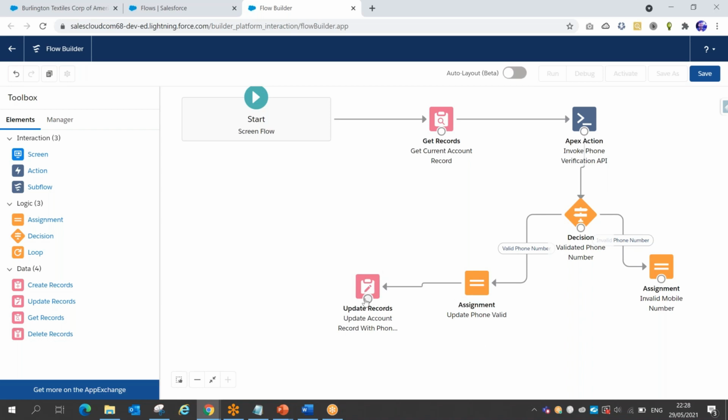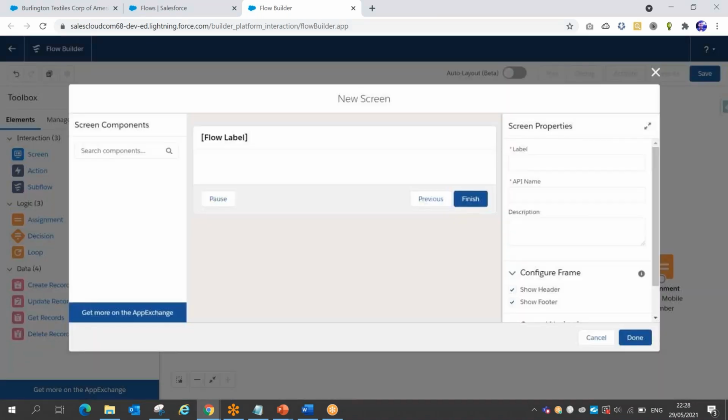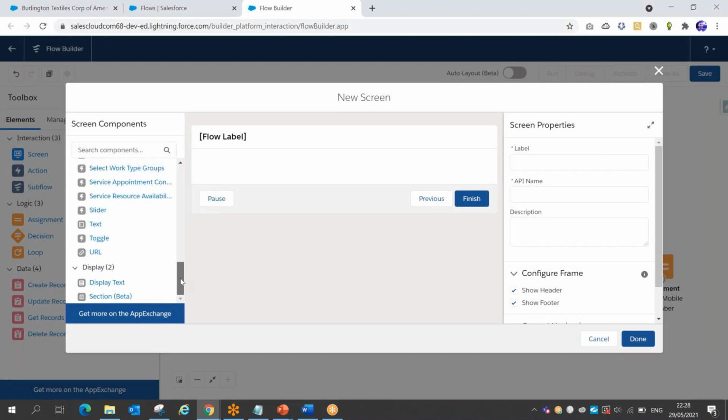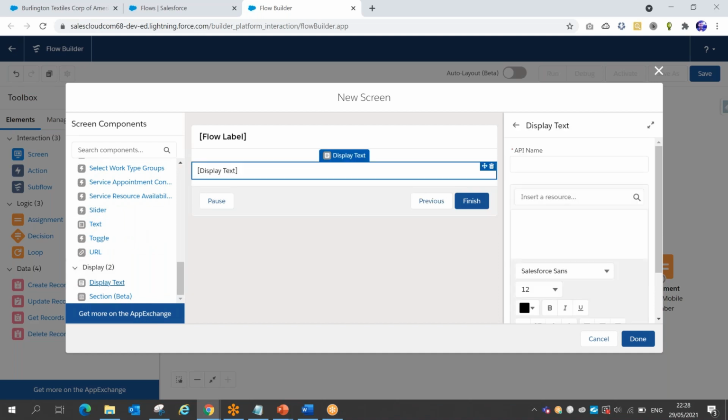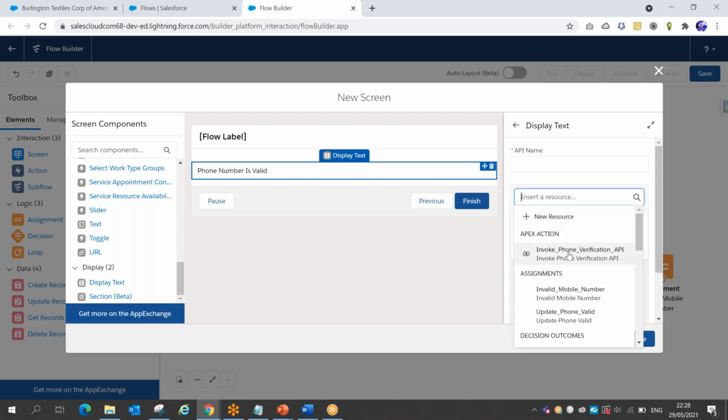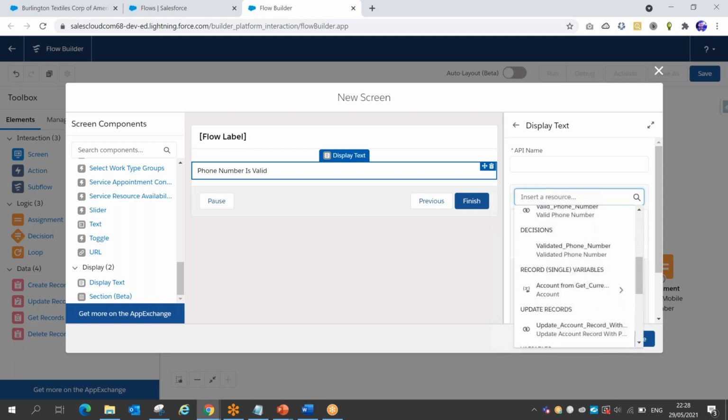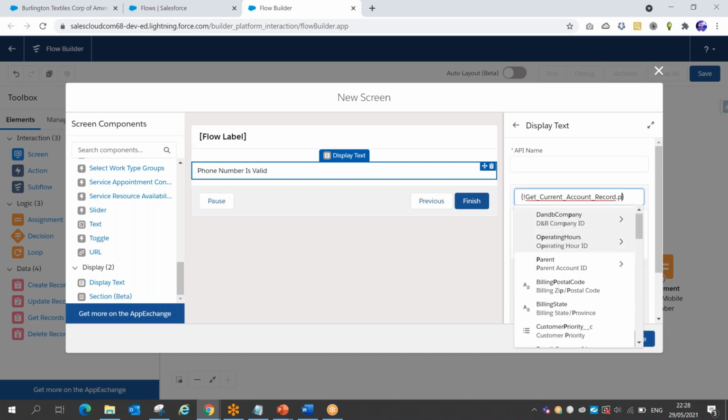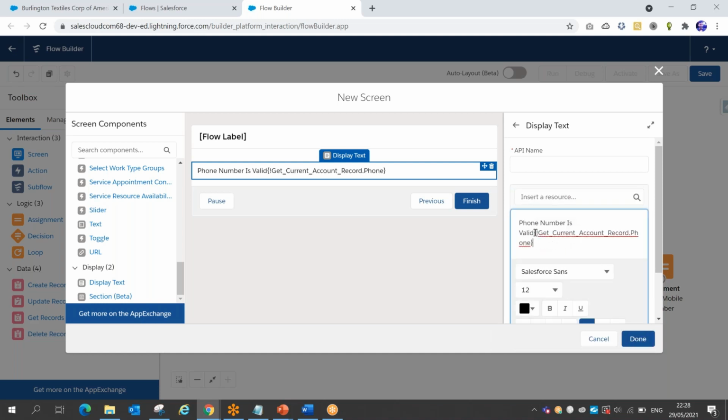Okay, now once the update happens, I want to show a screen where I can say, okay, it's a successful update. So I'm dragging my screen component here, and here I can put my display text. So here in the display text, I can say phone number is valid. If you want to get the phone number, you can see I have account. From here also you can type what is the account phone. So I can say the phone number what we have